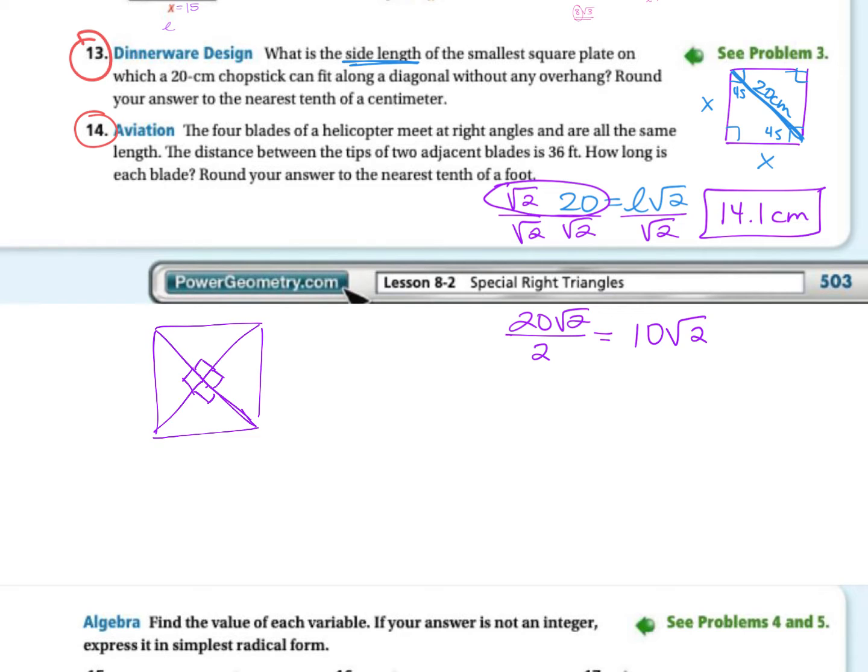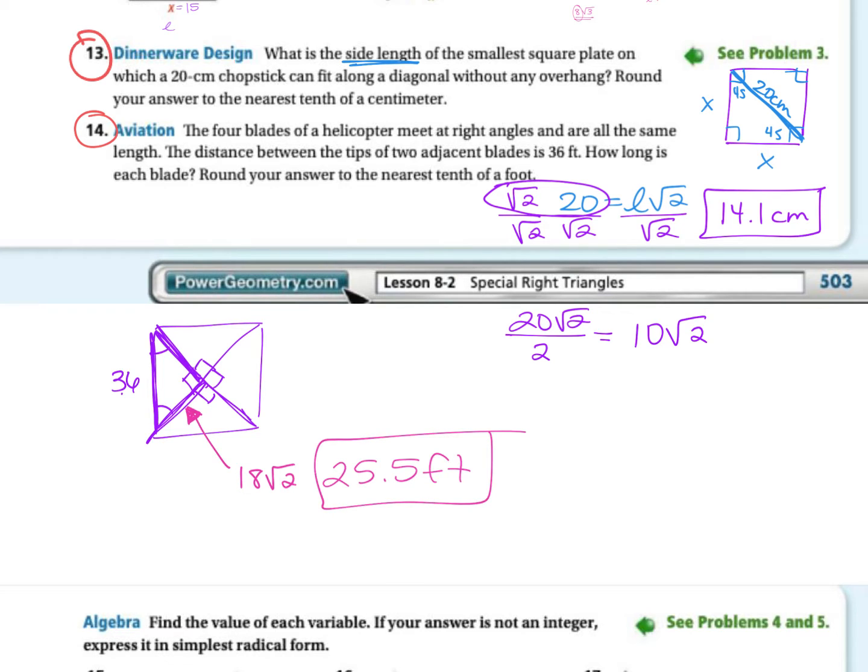So it says the distance between the tips of 2 adjacent blades, in other words, this length right here, is 36. How long is each blade? So what is this length and this length? Well, this gave us a 45, 45, 90. So if this side is 36, then what is this side? Cut it in half, multiply by rad 2, and then just plug that into your calculator. 18 times the square root of 2 is 25.5